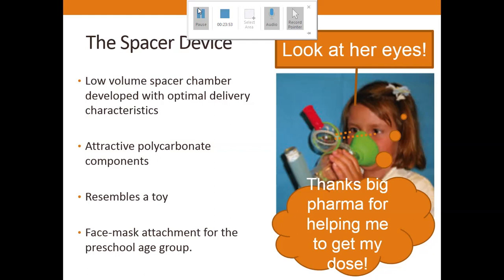So if they're using the technique properly, then they'll find that the spinner goes round, the whistle makes the sound. So it makes it appealing to the children by having these incentives, by making sure that they are getting sufficient delivery of their medicine,